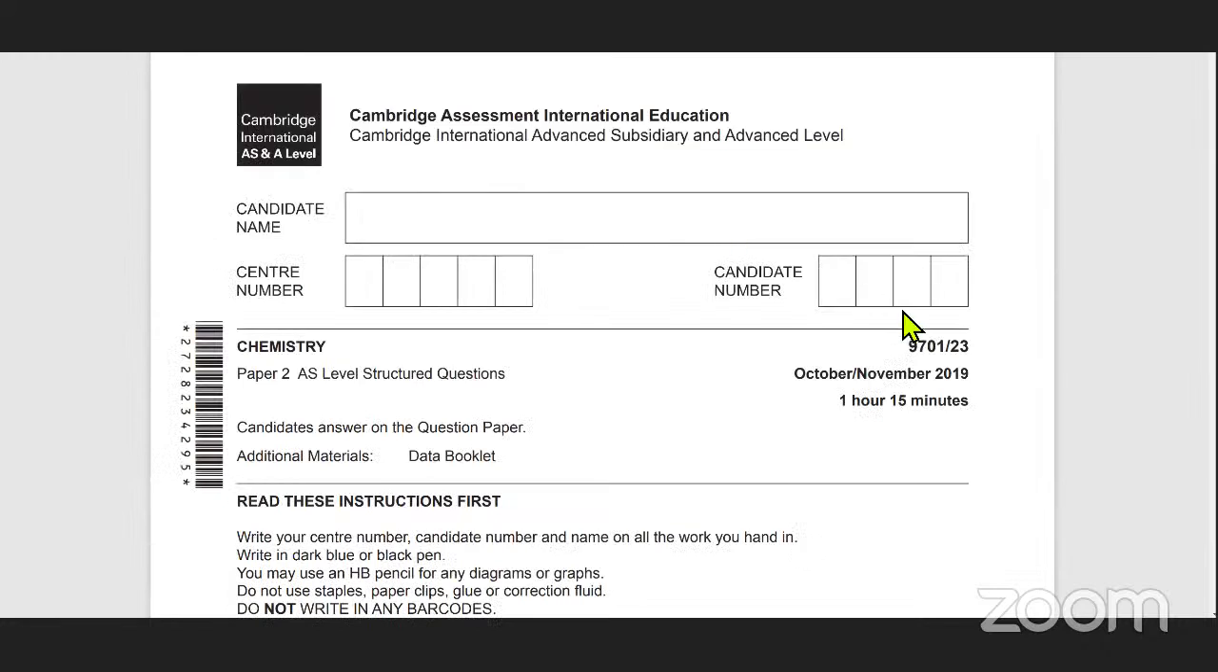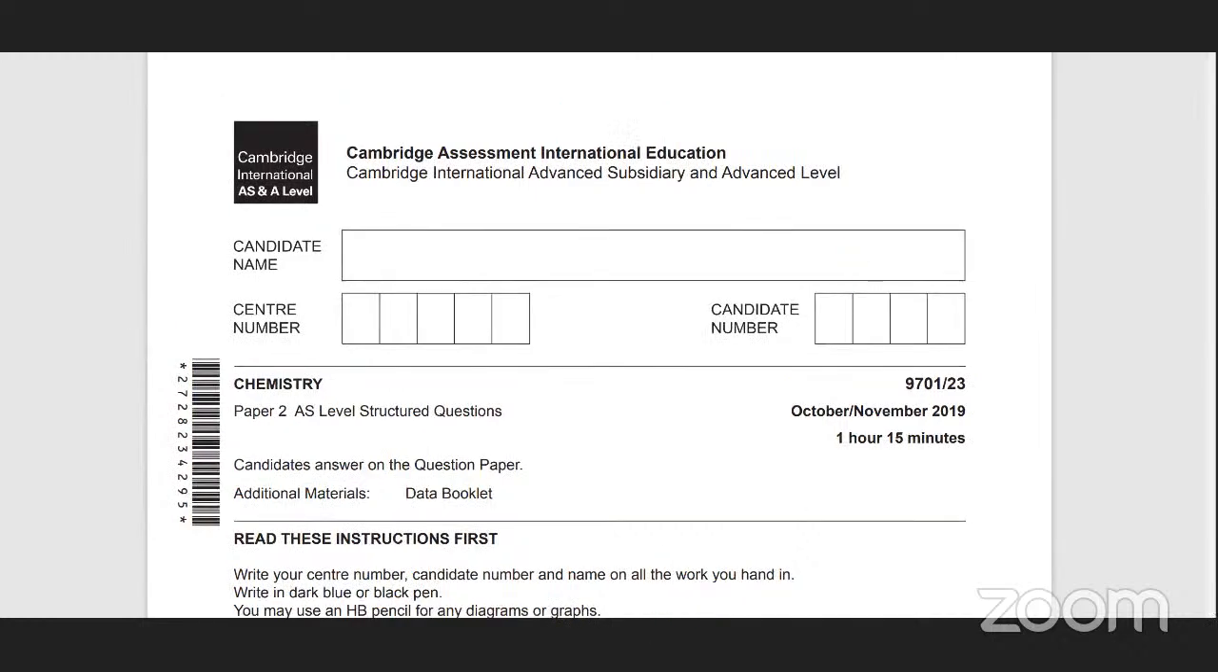So ठीक है, let's start with this paper. आवाज आ रही है? जी सर। अच्छा, so